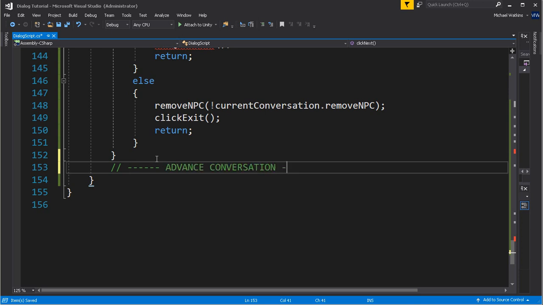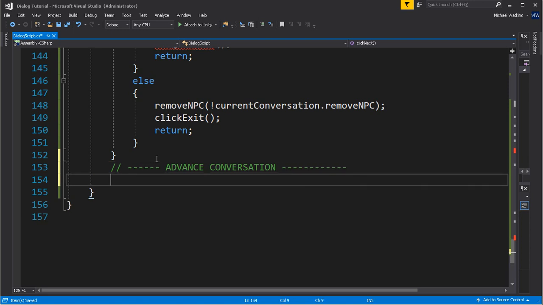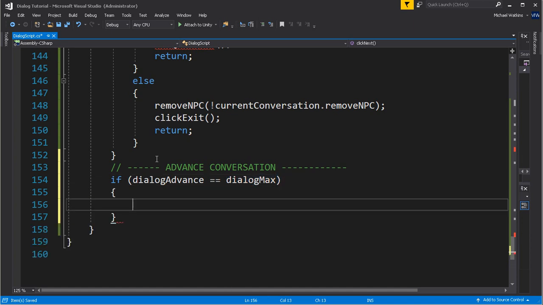what if I just want to advance through the conversation? We're not finished with the conversation. Well, the first thing I want to do is ask a question. The people who are talking, have I gotten to the last person yet? Or sorry, we haven't gotten to the last person. If a person's talking, have I gotten to the last thing he said? So this is the last thing he said. I want to take the advance and reset it. So it'll be the first thing the next person says, and to find out who the next